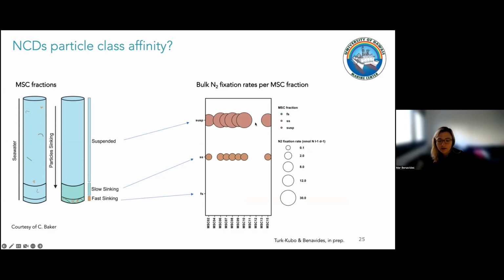So the typical rates that we see in the North Pacific surface ocean are somewhere maybe between 2 and 10. So we were quite surprised to find these very high rates. And they are actually also detectable, but lower, in the suspended and the slow sinking fraction. And in the fast sinking fraction, we weren't able to detect them, but I do believe that it's not because